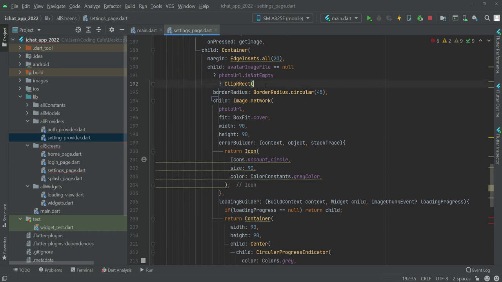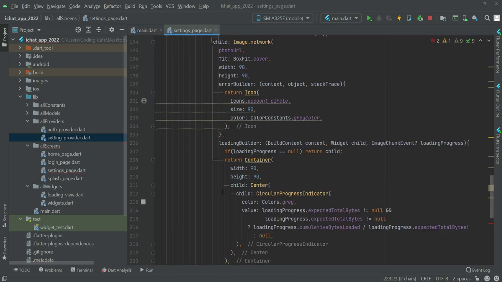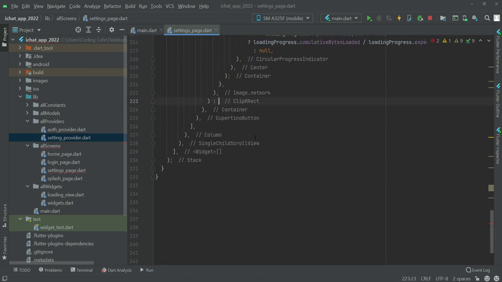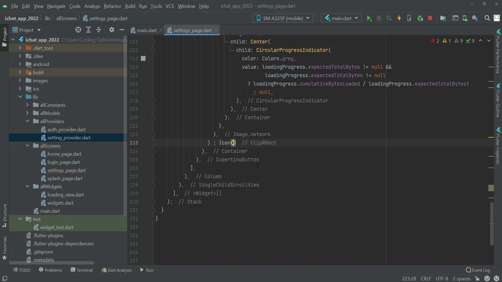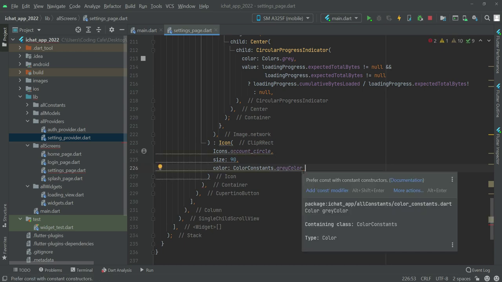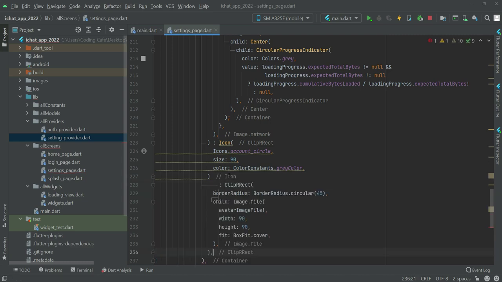clip rrect we need to add an else condition as well. So to this container add a semicolon, then we have this curly bracket, then the round bracket for the image network, then we have this clip rrect, and right here we will add an else condition. So basically this else condition is for this if condition. So right here we will say else, we will show an icon which will be account underscore circle, size will be 90, color will be gray, and then after this add another else condition, and right here we will add